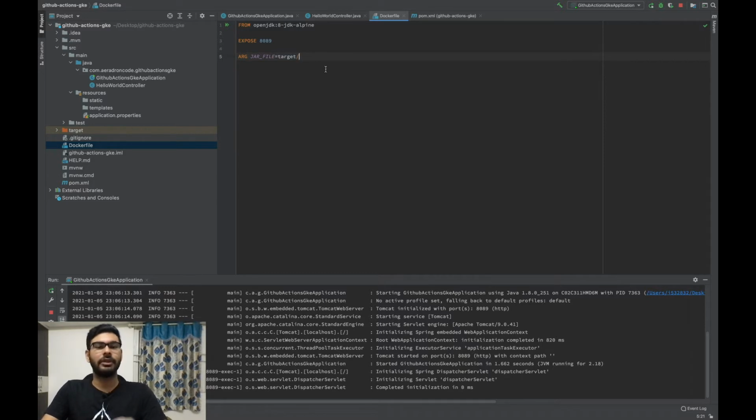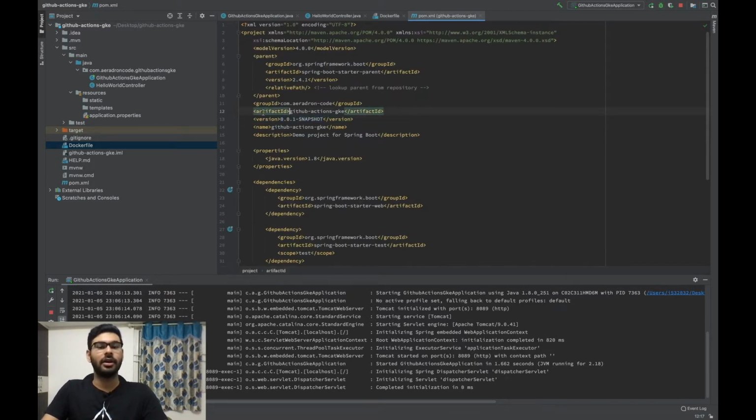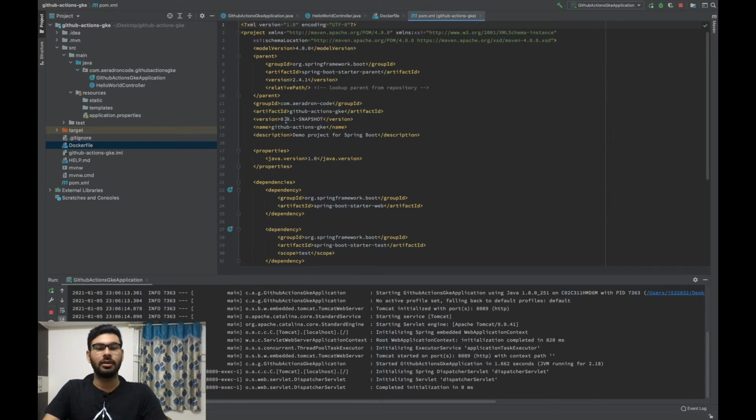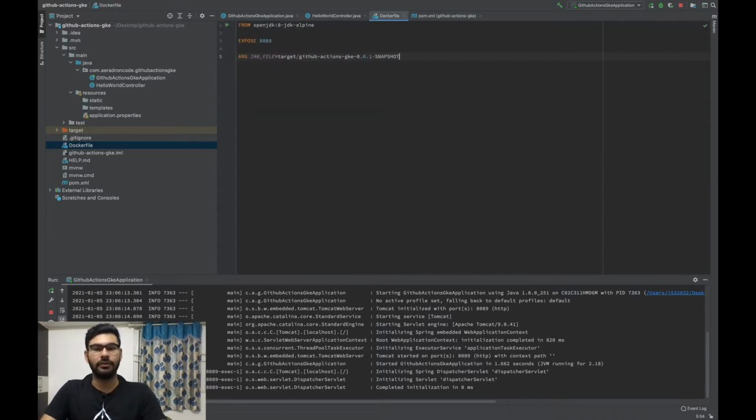The name of the final jar file is your artifact ID, hyphen, your version. We'll copy and paste this so that there is no spelling mistake. We'll paste this also after a hyphen, and at the end .jar. So this is the final jar that will be created in the target folder, which is actually executable.